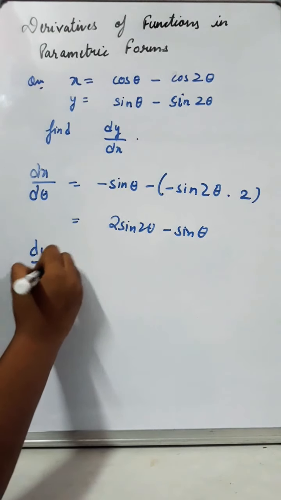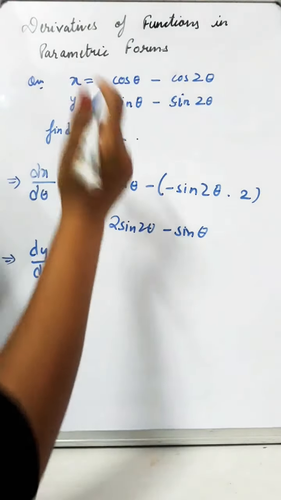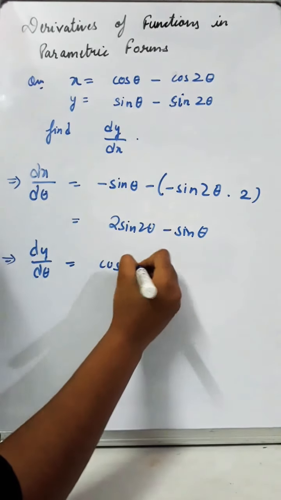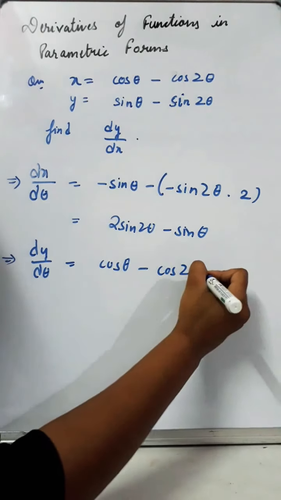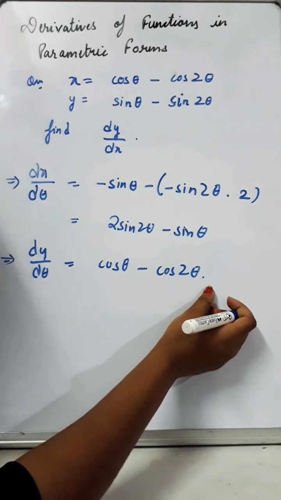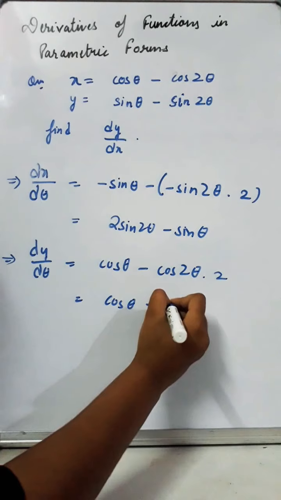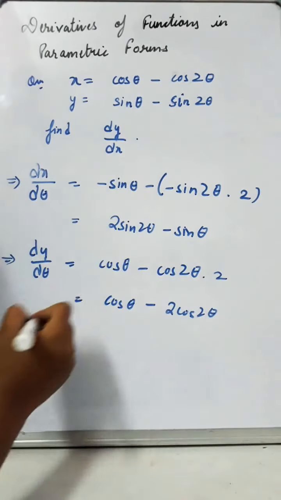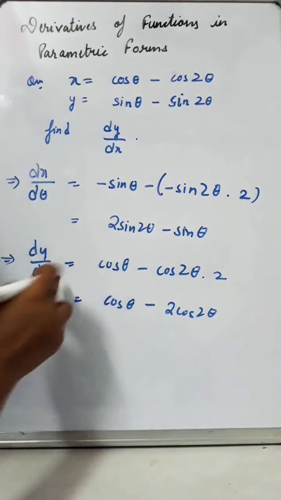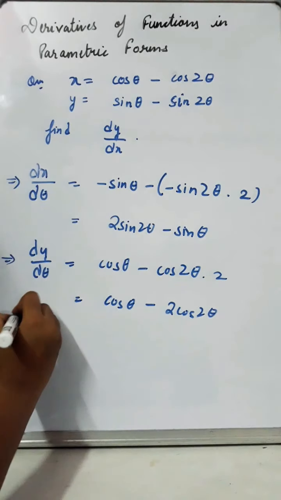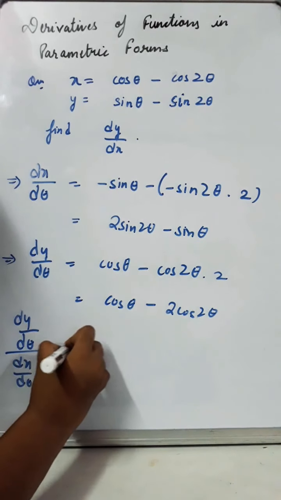Now dy d theta: the differentiation of sin theta is cos theta and the differentiation of sin 2 theta is cos 2 theta, and 2 theta will further be differentiated, applying the chain rule, which leaves 2 here. So you get cos theta minus 2 times cos 2 theta. Now if you have to find dy dx, you are going to divide both of them with dy d theta as the numerator. So dy d theta divided by dx d theta gives you